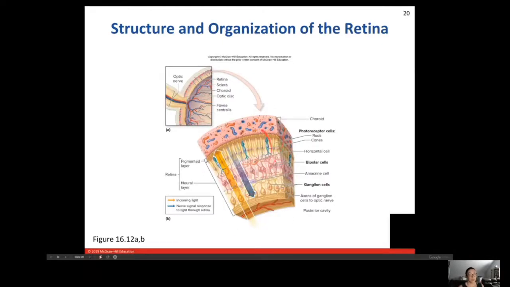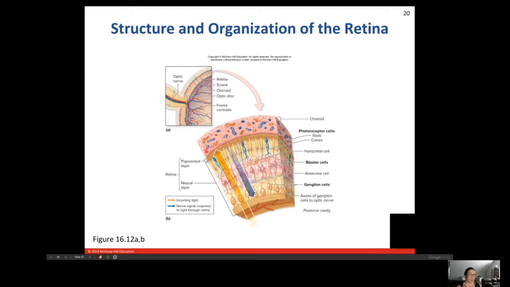All right, so here's the picture I was talking about earlier when I was mentioning the different layers of the retina. So now we said that we are taking all of that light, it's passing through all those structures, we're refracting it, and we're trying to hopefully focus it directly on the fovea centralis in the back of the retina. So we don't want it to focus in the middle of the vitreous humor. We don't want it to focus somewhere out behind the eyeball. We want it to focus directly on the fovea centralis right here. So that's the goal, and sometimes you might need corrective lenses in order to cause that to happen. So when it does, we're going to have light focusing on the back of the eye, and then